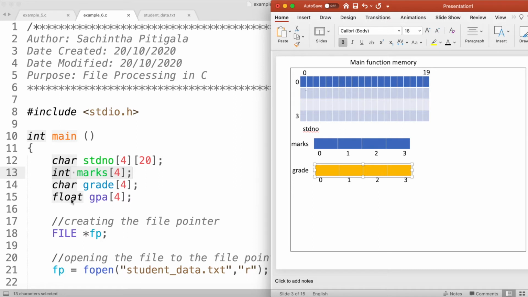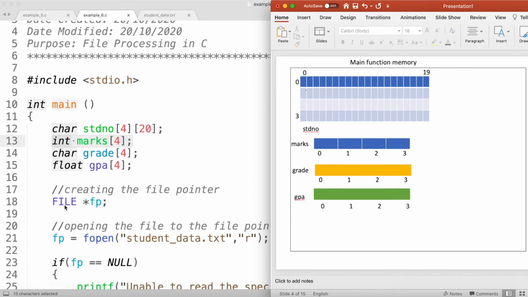In the next declaration statement, I declare a GPA array with 4 elements to store my 4 student GPA values. If my computer executes this statement, this is how my memory looks. In the next statement, I declare a file pointer called FP in order to open my file called student_data.txt.